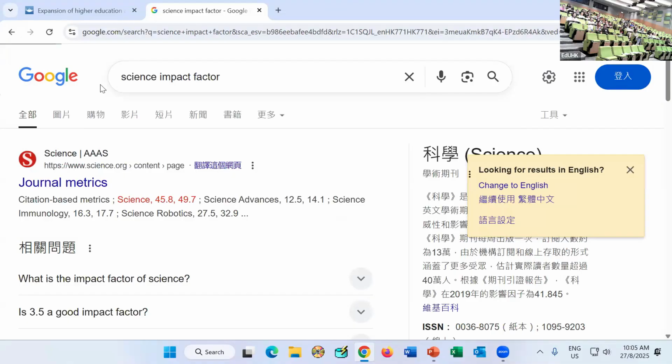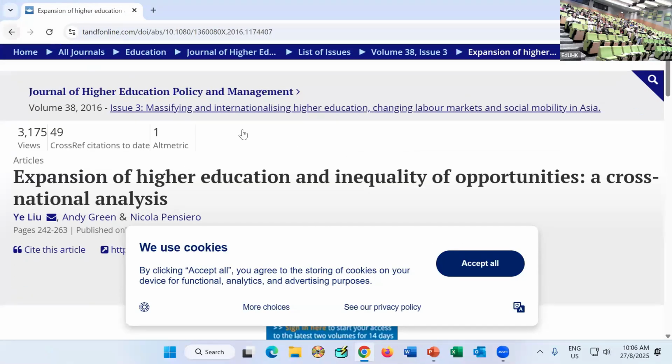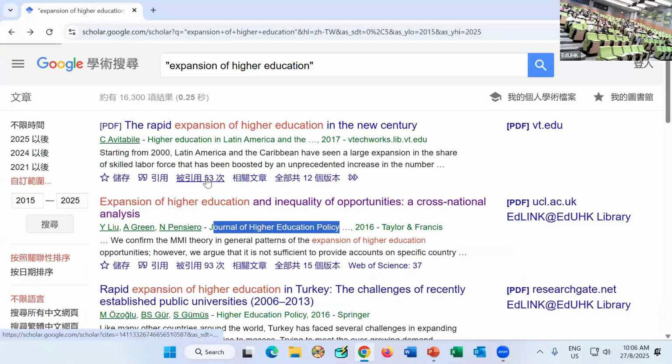And so Nature and Science, they are multidisciplinary. That is why it's higher. It attracts more audience. But for niche journals, it's okay to have within 10. At least you know someone will publish there, and then it has certain influence. And so check the impact factor, check how many people have cited the journals.